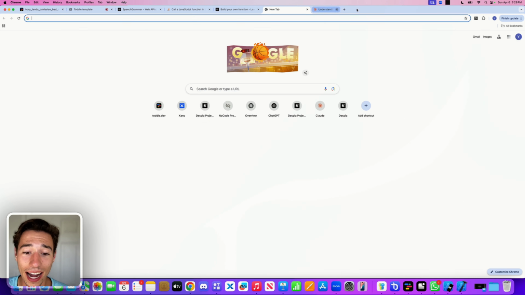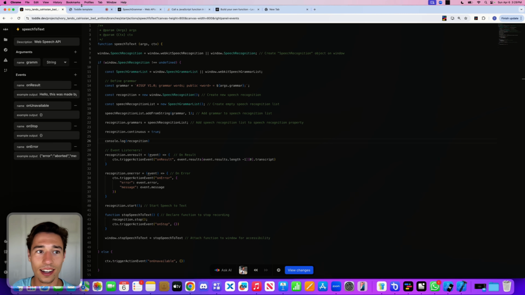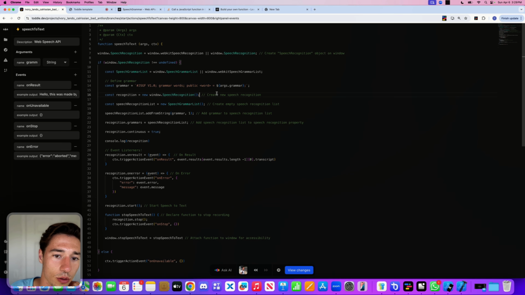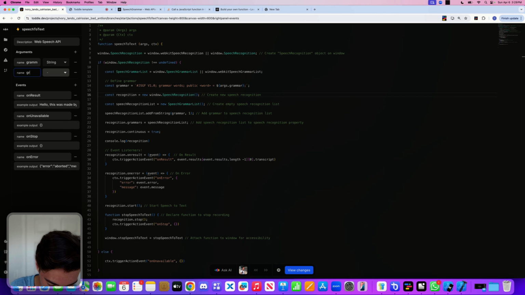I don't know how accurate it is, but we do have the grammar list inside of here, and it got a weight of 1, right? We could adjust the weight. So where do we define the weight? So I can do grammar weight. That would be a number. And then I can do 1, and I can do